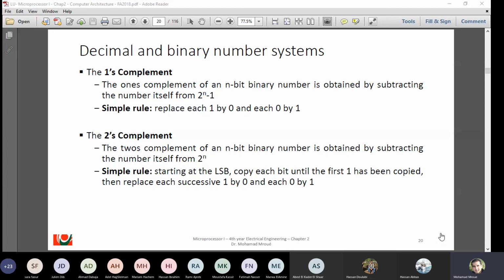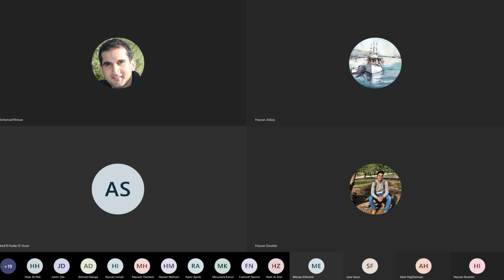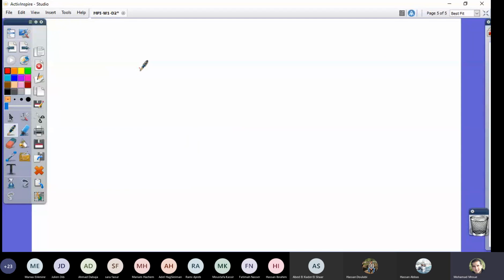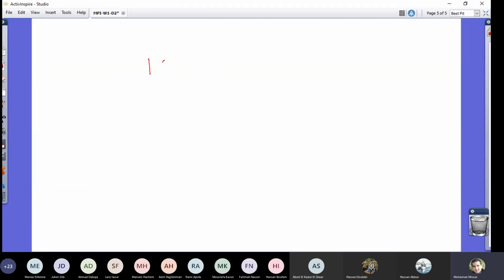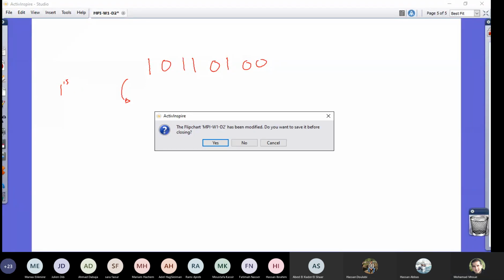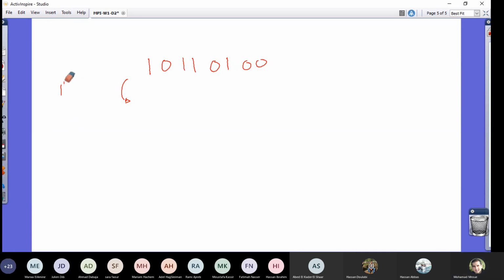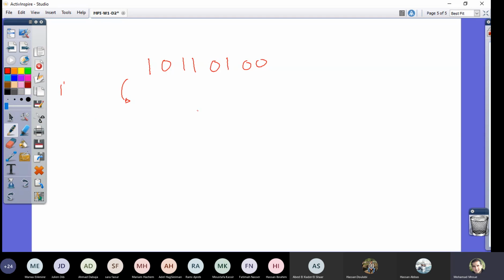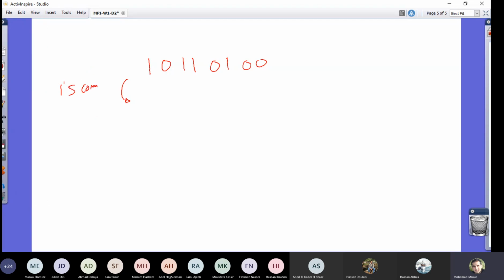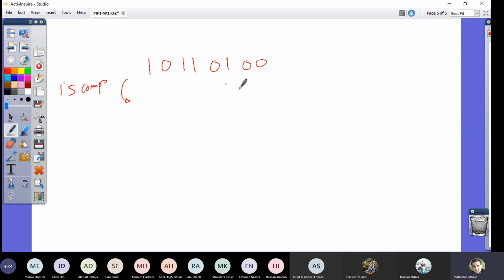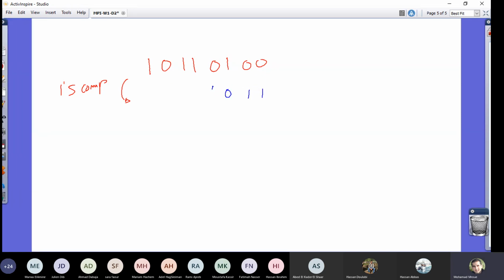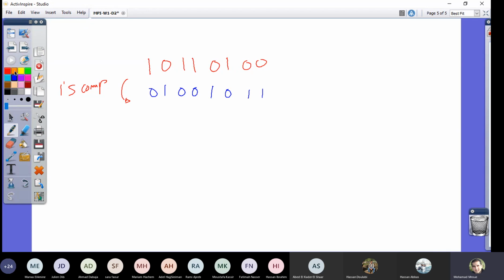So to explain, let's take quickly an example. لنقول example. For example, عندنا 1 0 1 1 0 1 0 0. So إذا نحول ال ones complement. So بس نعمل bitwise not 1 1 0 1. هيدا ال ones complement. طيب إذا بنعمل twos complement